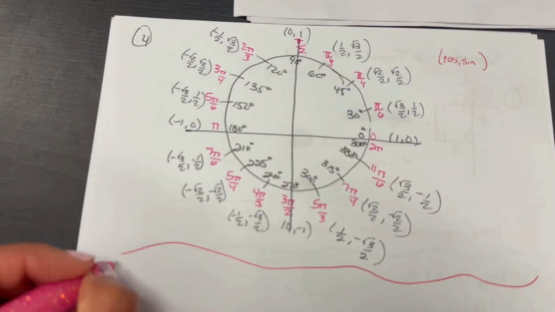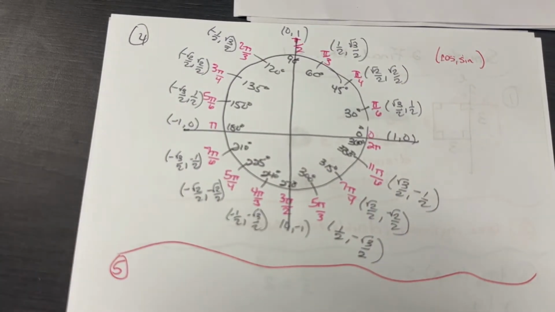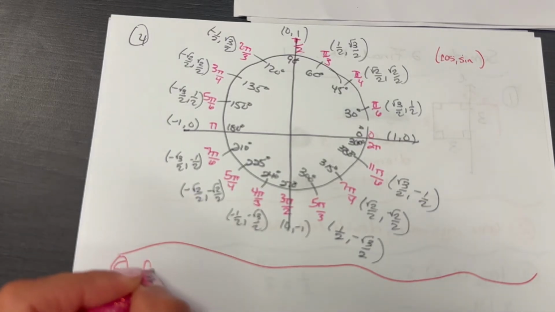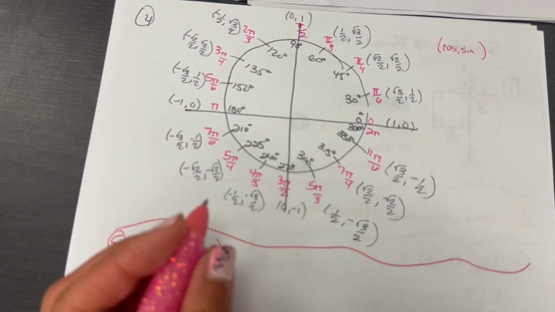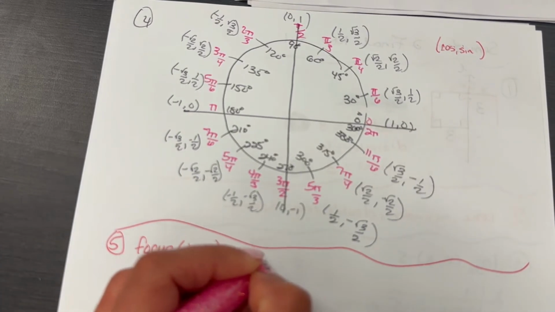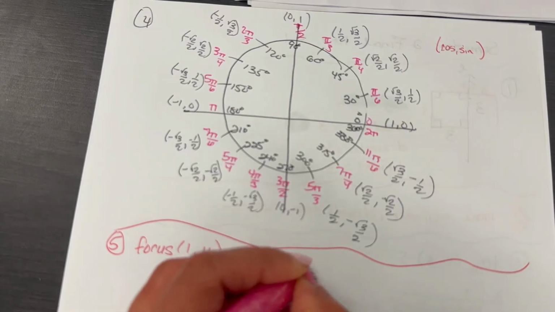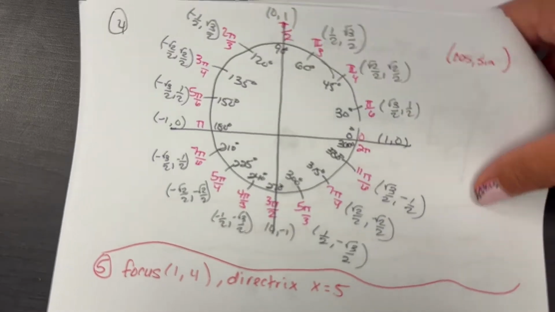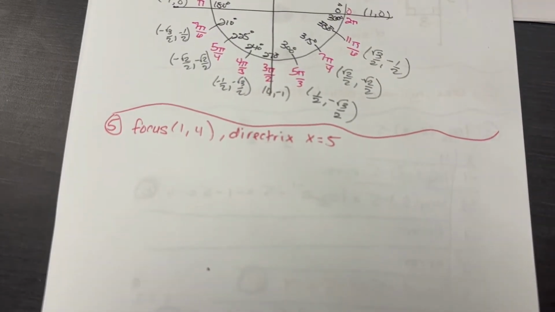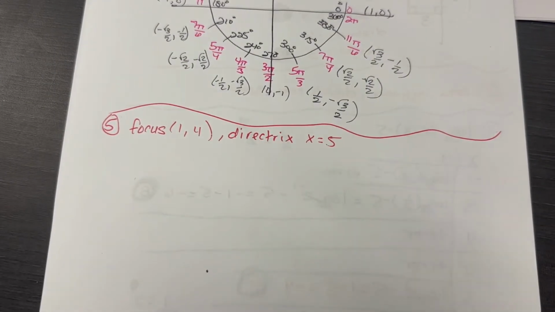Okay, number 5. So number 5 says find the equation in vertex form for the parabola with focus 1, 4. So we've got a focus at 1, 4 and a directrix of x equals 5. So we need to draw a picture. We need to draw a graph. Okay, let me refocus this. Okay, so